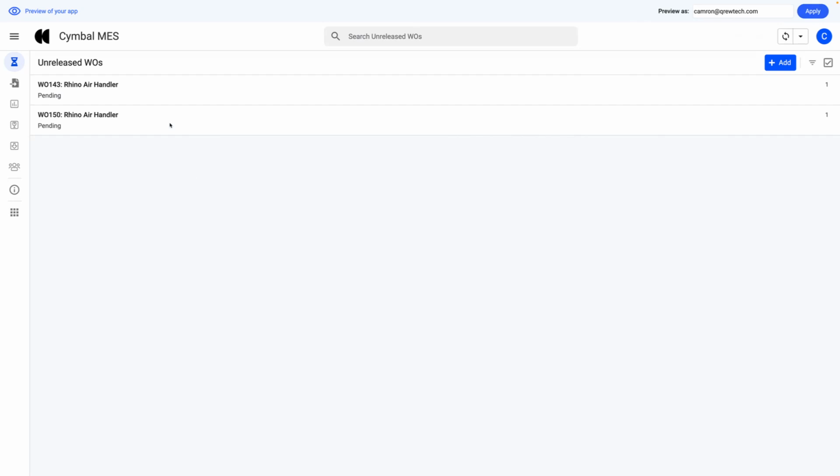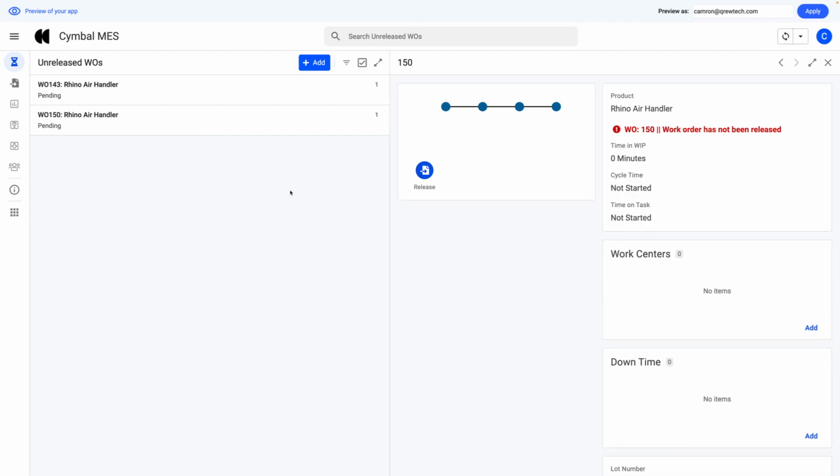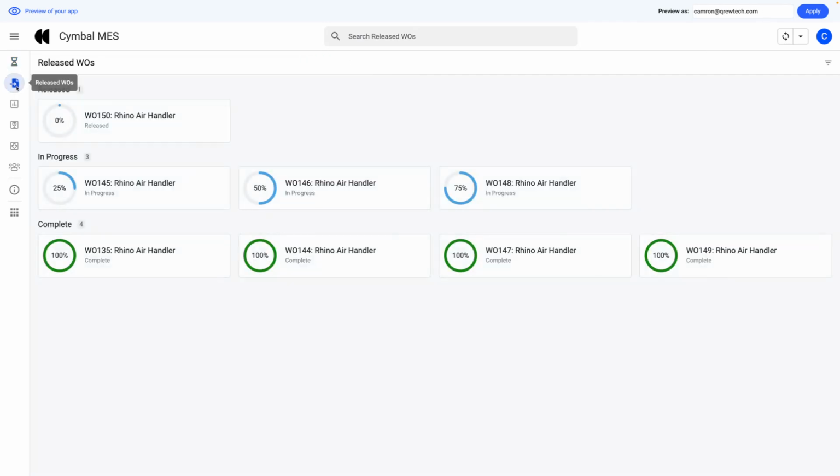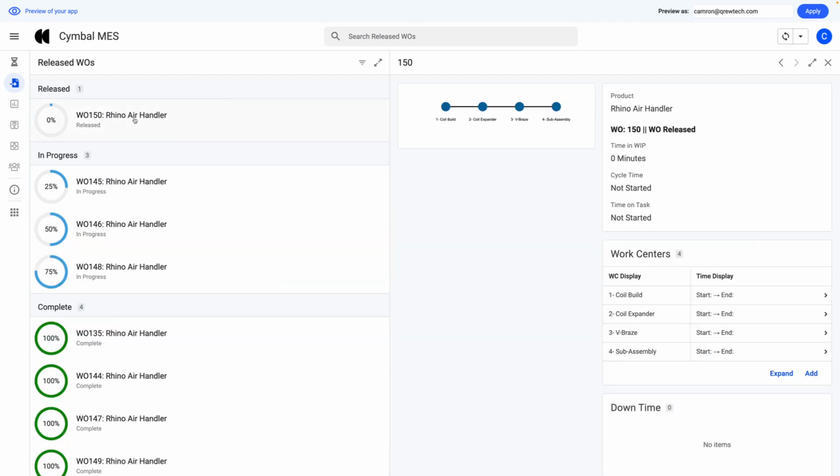If we click into this specific work order, we can go ahead and release it to the manufacturing line. Now, we should be able to see at the released work orders at 0% completion, we have the work order that we just released, work order 150. If we click into here, we can see that it is currently at the coil build step of the manufacturing